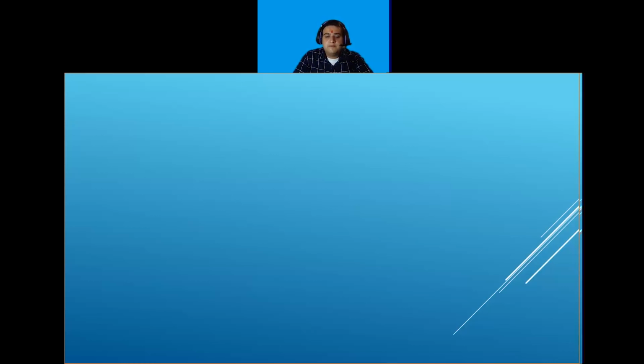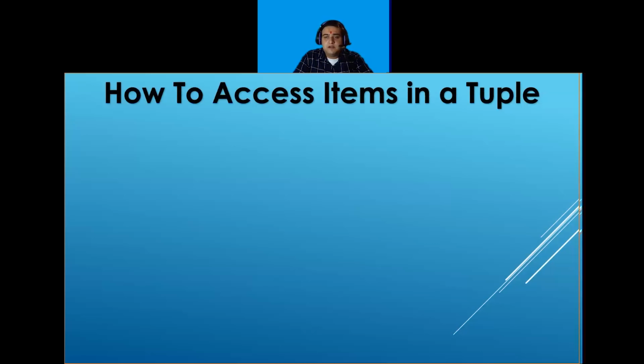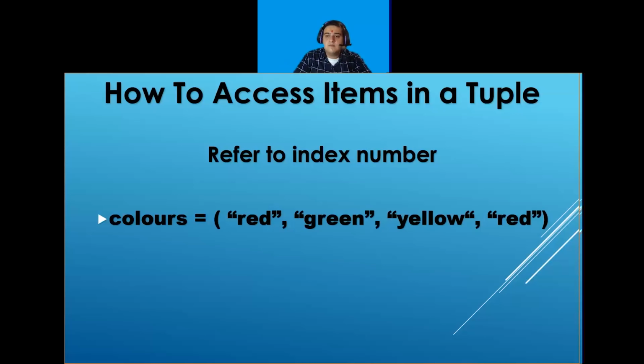After creating the tuple, I want to print the elements of the tuple. So for that, my next topic is how to access items in a tuple. You can access tuple items by referring to the index number inside the square brackets. For example, this is my tuple, and you have to remember the index numbers.